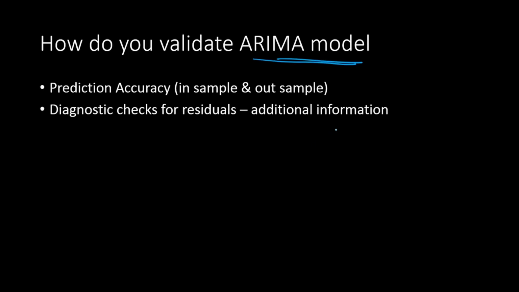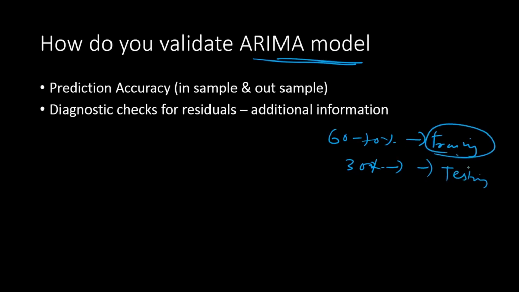Take, let's say, 60-70% of your data as the training sample, and 20, 30 or 40% of your data as the holdout or testing sample. Then you build a model on the training sample and test it on the testing sample. If there is consistency in the model results, then it's a good model. That's the usual way for